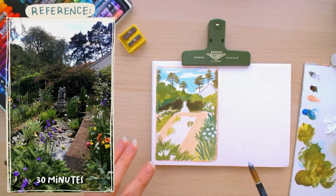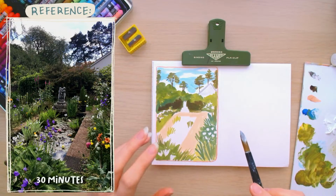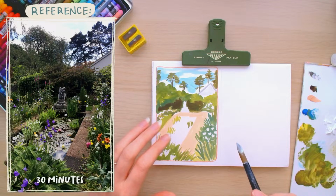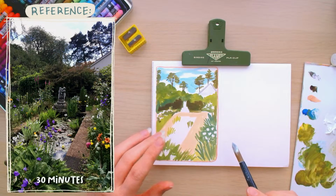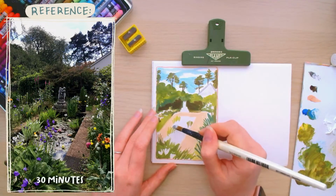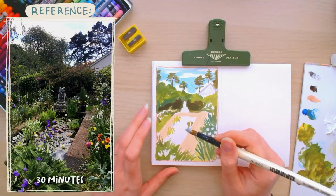So I think I've done all of the green on here now. Let's do a time check. We've got just under 16 minutes left, so we're just under halfway, and I've got my base layer of the green down, so I'm going to go in and do the pond. There's lots of lily pads in there and some reflection. It gets very dark towards the back, so I'm going in with my lightest layer first, and then I'll go on top with